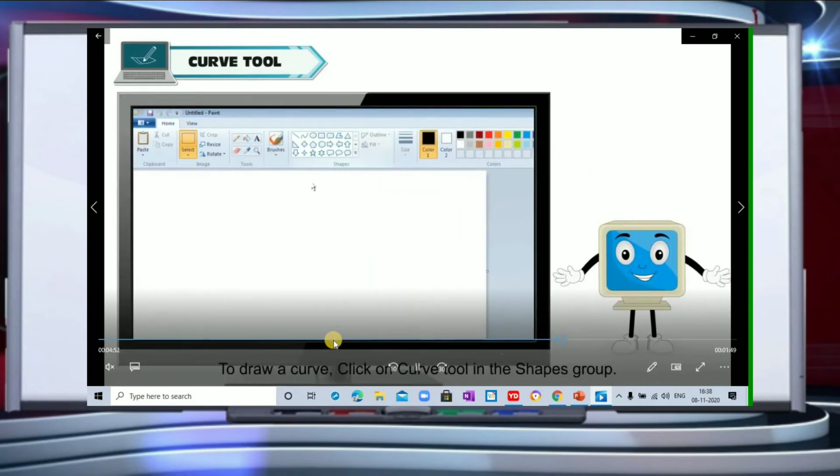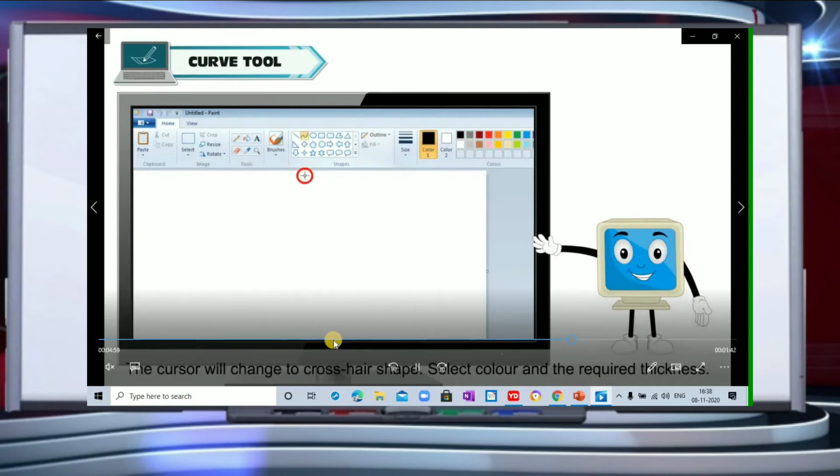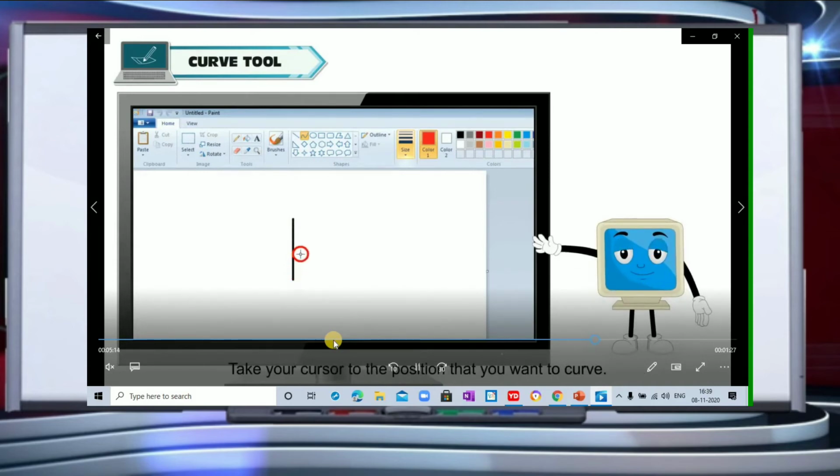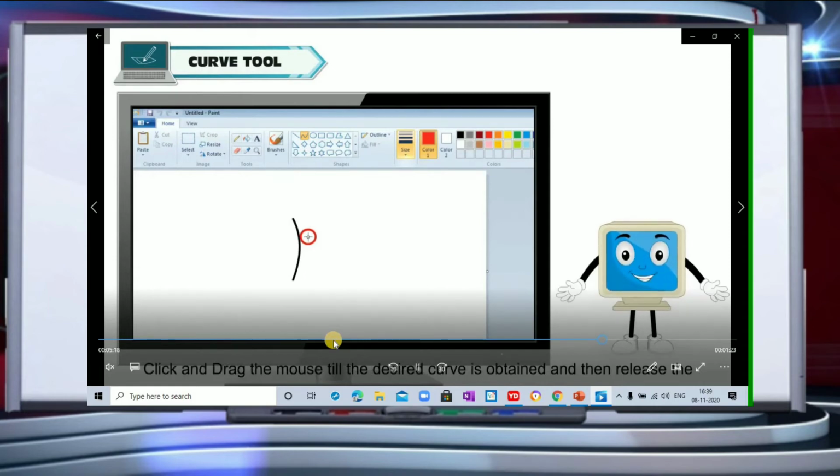To draw a curve, click on the curve tool in the shapes group. The cursor will change to crosshair shape, select color and the required thickness. Now go to the canvas area and draw a straight line on the canvas. Take your cursor to the position that you want to curve.